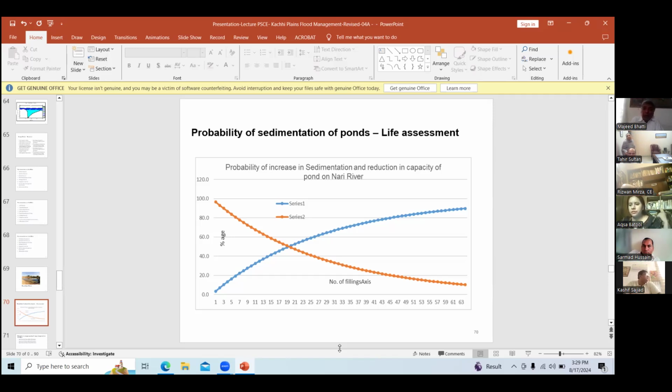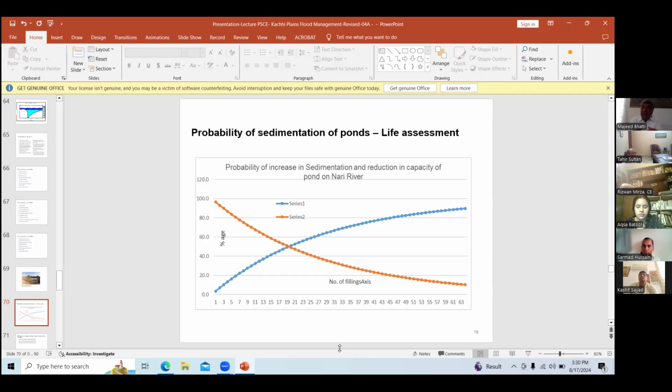You can see that number of fillings means if the hill torrent comes 10 times in a year, it means 10 fillings. If the number of times that the river flows in a year is 20, it means 20 fillings.